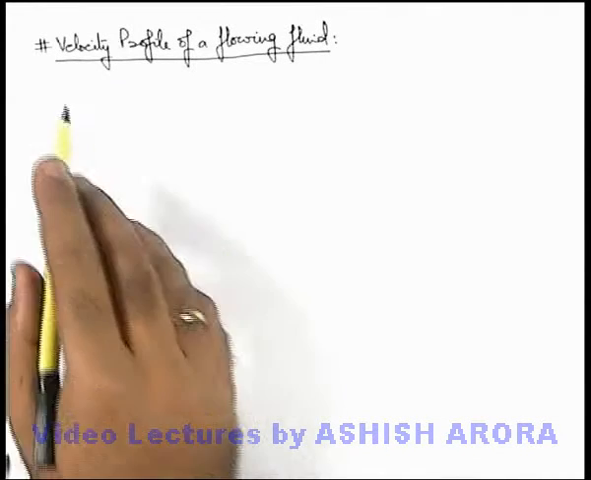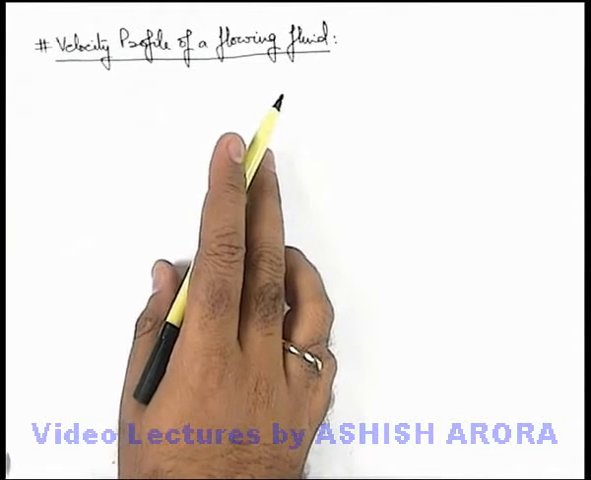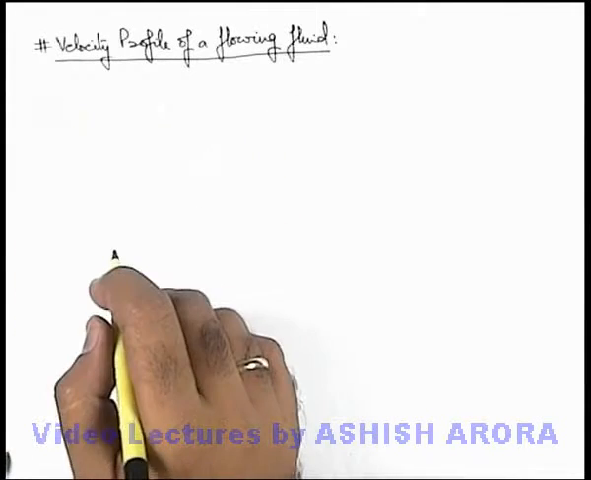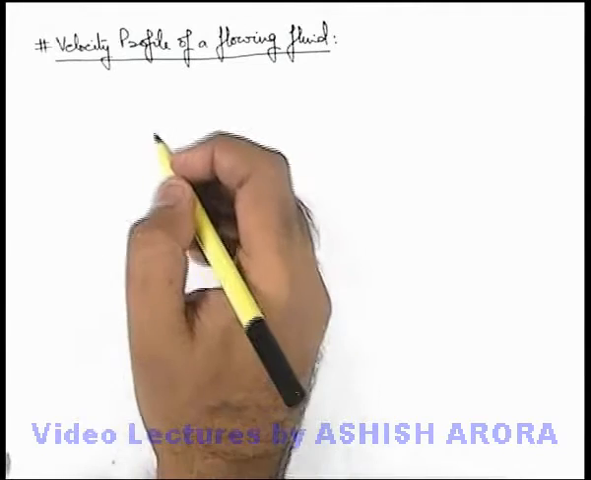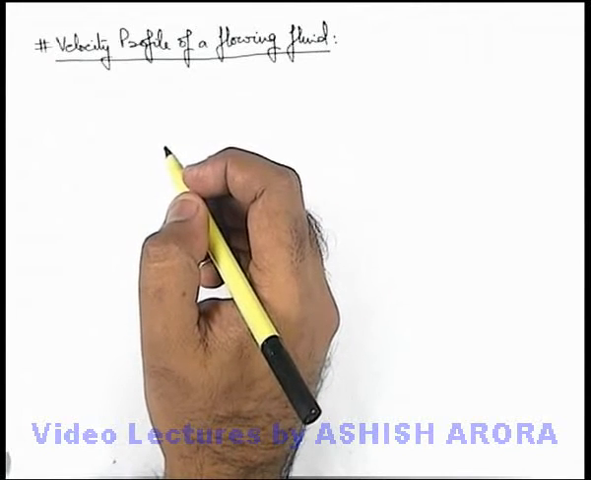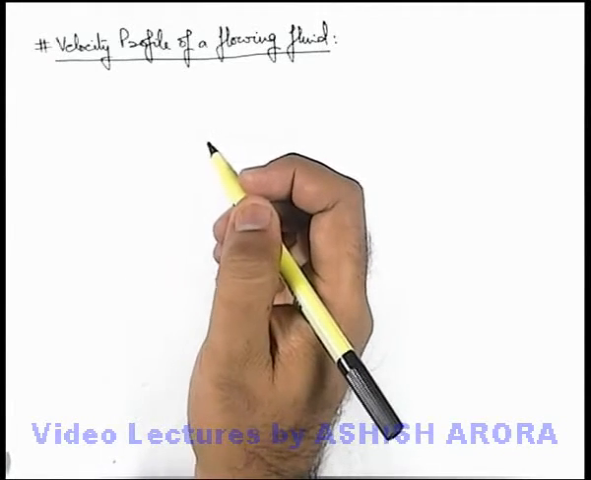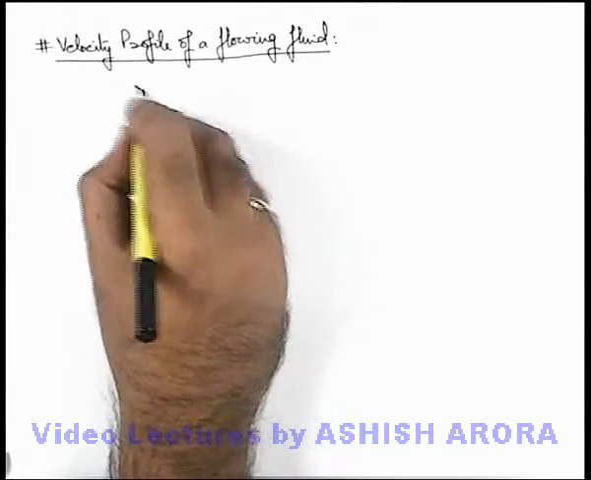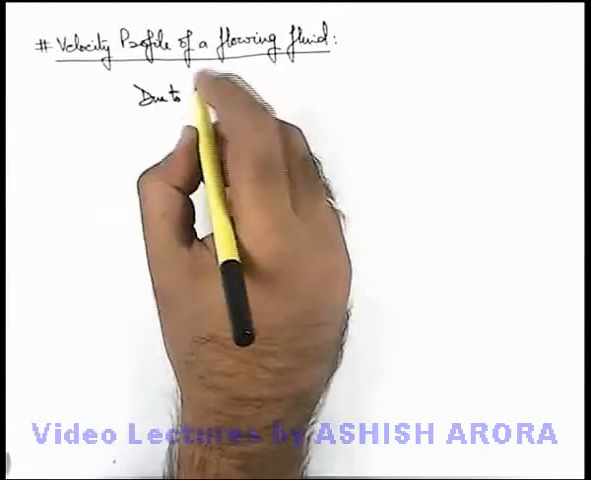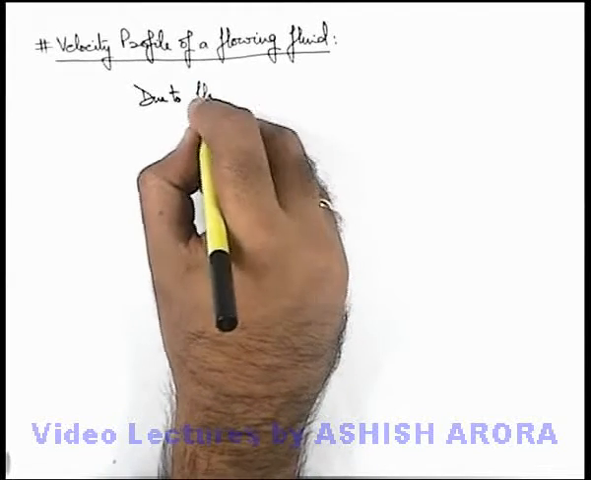Let's discuss velocity profile of a flowing fluid, which is determined by streamlines of a flowing fluid only. As we talk about a real fluid, we cannot ignore viscosity, and due to viscosity we can say, we just write, due to friction